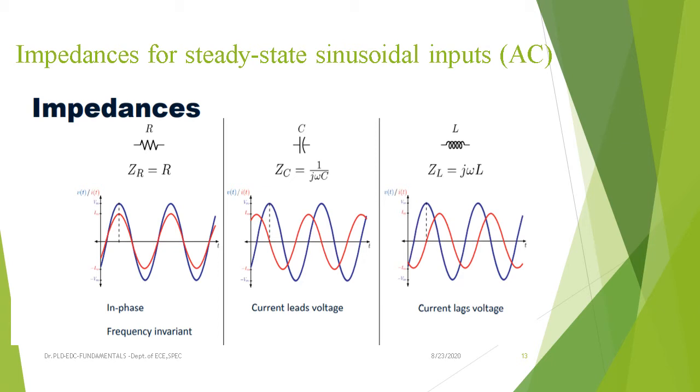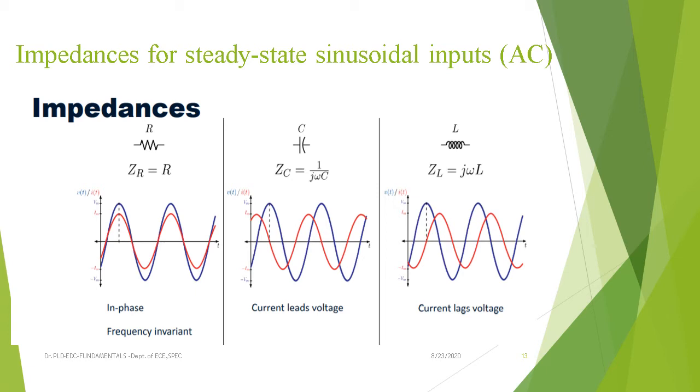That is, in a resistor, voltage and current are in phase. This is a point you should remember forever. Voltage and current are in phase in the case of a resistor. That is frequency invariant. Frequency invariant means that even if you increase the frequency, there is no question of changing the voltage and current appearing across the resistor and flowing through the resistor. That is, V and I of the resistor remain the same. It's frequency invariant.